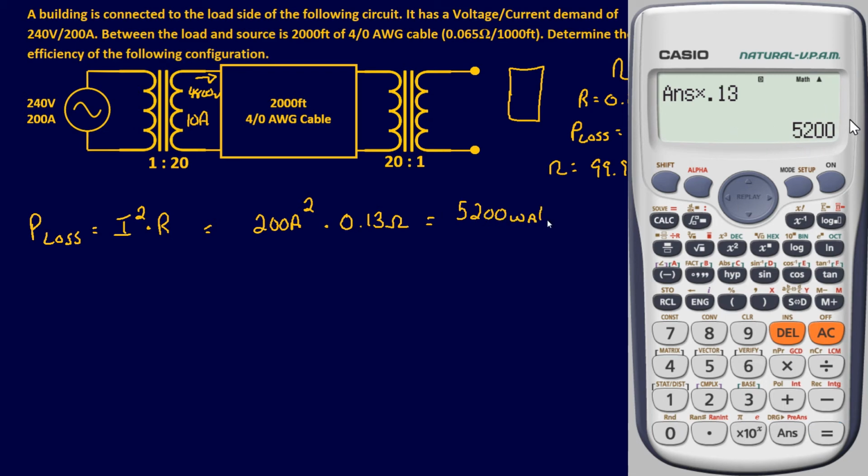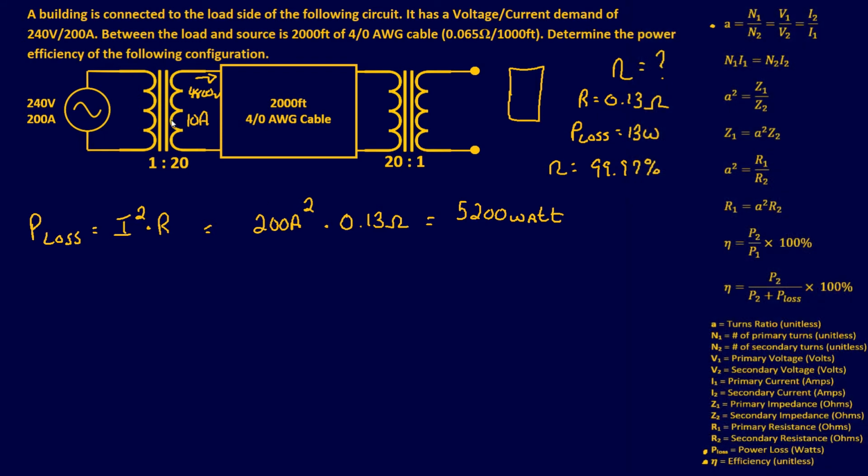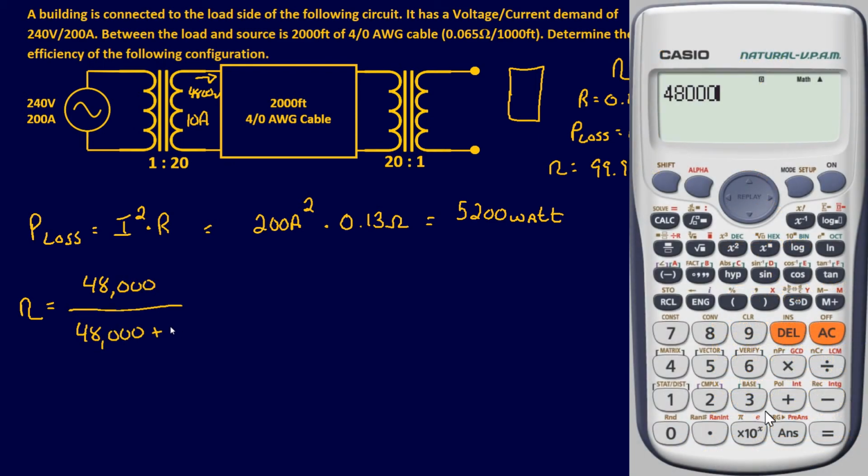5,200 watts. So you have a power loss of over 5,000 watts by not using a step-up transformer, because you want to lower your current. By keeping the current high, you have a high power loss. Let's go ahead and finish out the equation. So our efficiency is going to be P2, which we already determined earlier was 48,000, over 48,000 plus, now, over 5,200 watts of loss. And if you plug and chug that in your calculator, it's going to give you